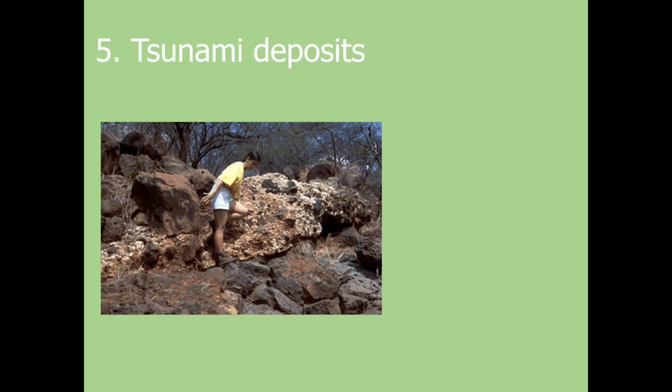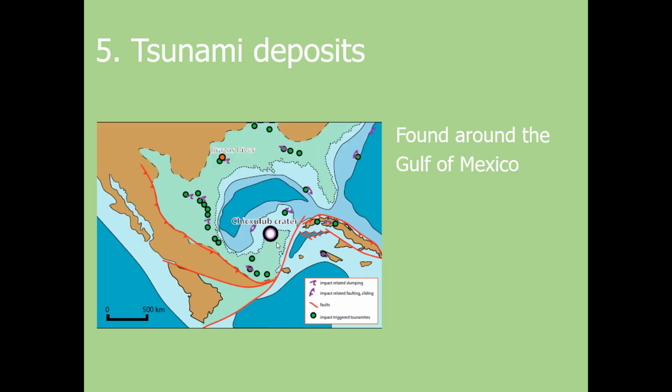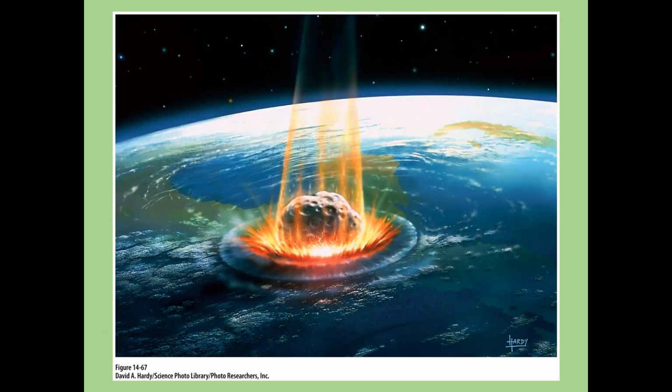And then around the Gulf of Mexico, we have great examples of tsunami deposits. Tsunamis, we know, are generally created by earthquakes, and so this was a magnitude 11 earthquake, and we can find tsunami deposits around the Gulf of Mexico. So here's where the Chicxulub crater was, and all of these green circles that you see are the location of known tsunami sites that were associated with the Cretaceous-Paleogene extinction. It's pretty sweet. And with that, we bring to a resounding close the Mesozoic, and we begin our search through the age of mammals in the Cenozoic.